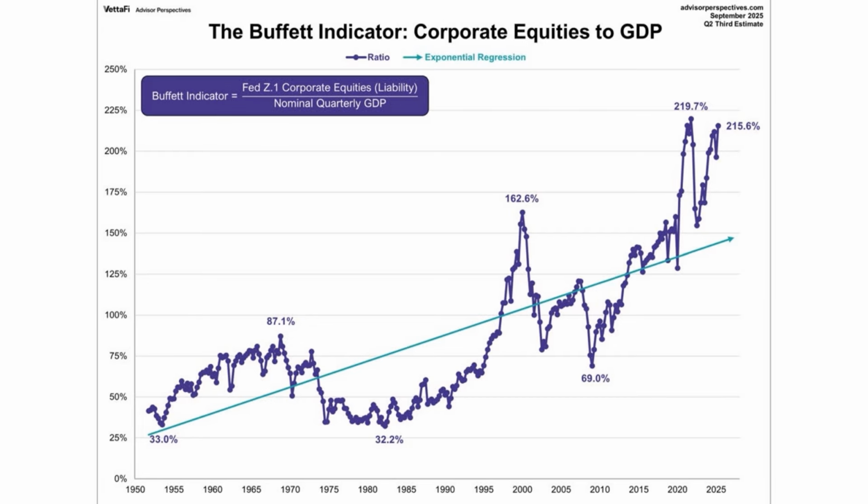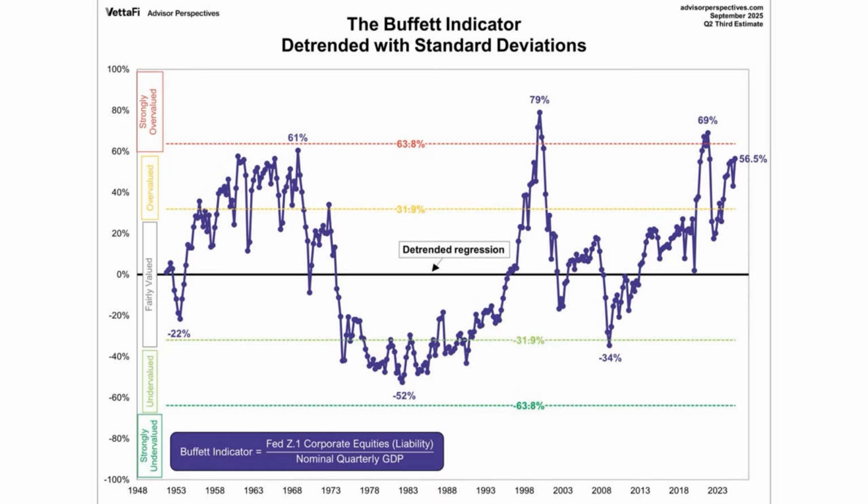A key observation in this next chart is the upward trend of the ratio over the decades. To get a better sense of current valuation relative to its historical path, we can detrend the data. By detrending, we remove that long-term upward bias. We can now see how far the current reading deviates from its own historical trend line, using standard deviations to